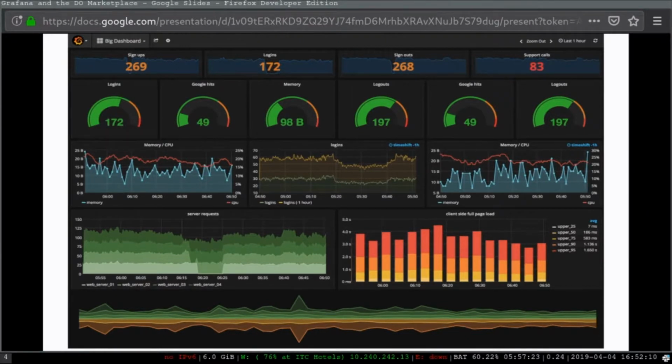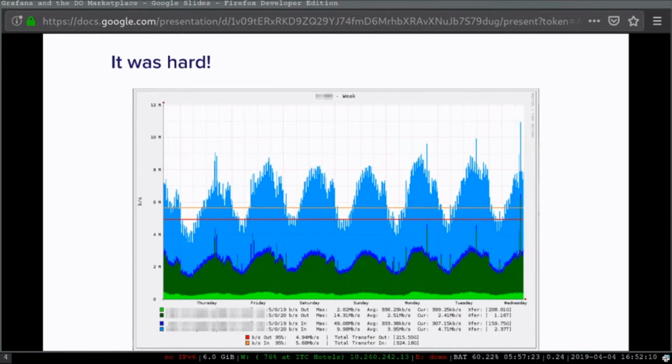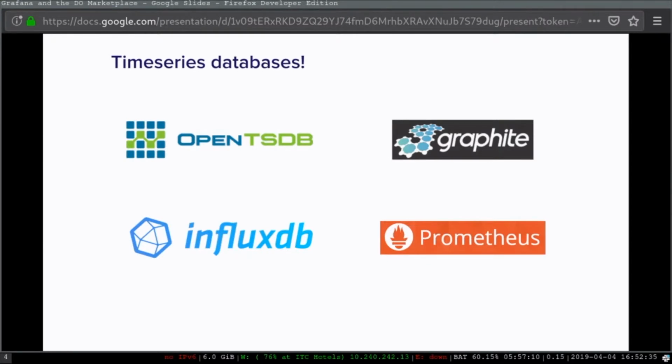So essentially, how many of you are familiar with a UI like this? This was the state of the art like 10 years ago. Luckily, I didn't have to see this, but apparently you need to get an engineer, and the engineer has to go do some engineering to get this. And if you want to make a small change, you have to go call the engineer again. That was hard, but that changed with the advent of time series databases,